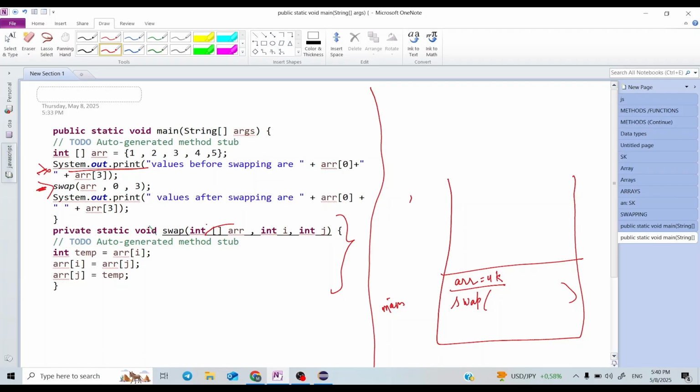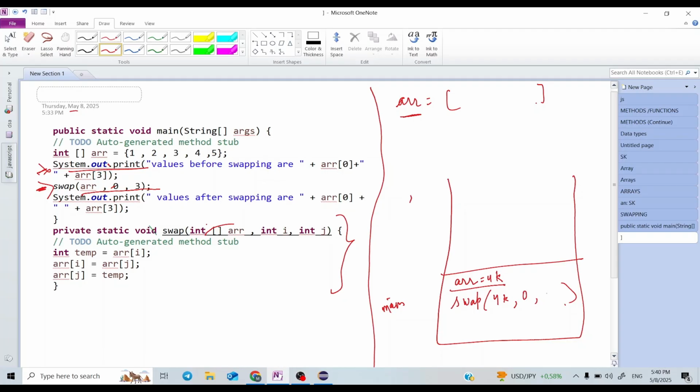For making changes in the array itself, we need to pass the address also. So first of all we will pass the address, that is 4k, that means arr. Here you can see we are passing arr, that means 4k, and two indexes that we want to swap.